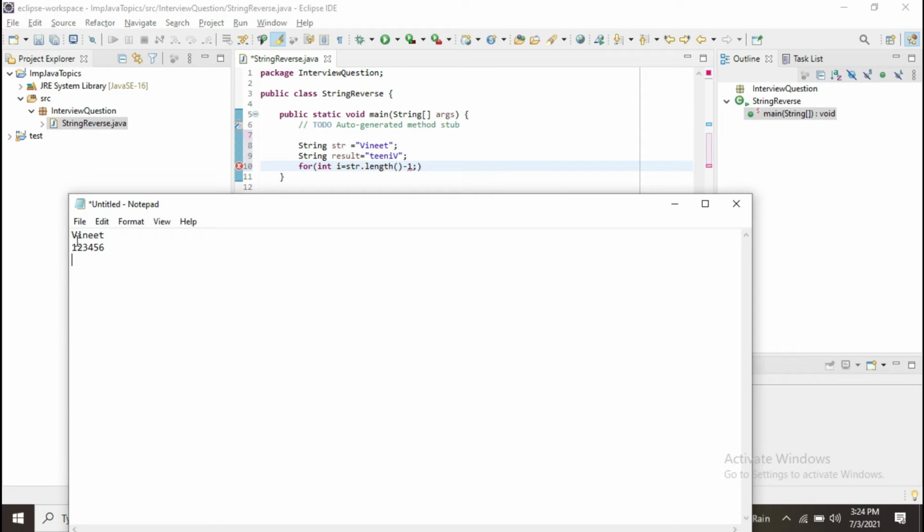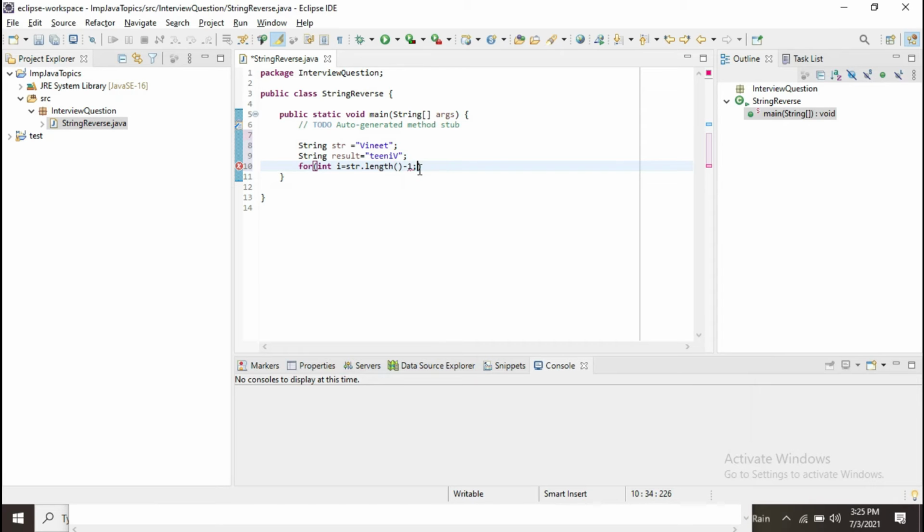But since it is a string, the allocation of it would be in this manner. Now if I give 6, it will give an array index out of bound error, because this particular 6 is no longer a valid index. So in order to resolve this, we need to do a minus 1. That means it will now be referring to this index 5. Yeah, so that was about this.